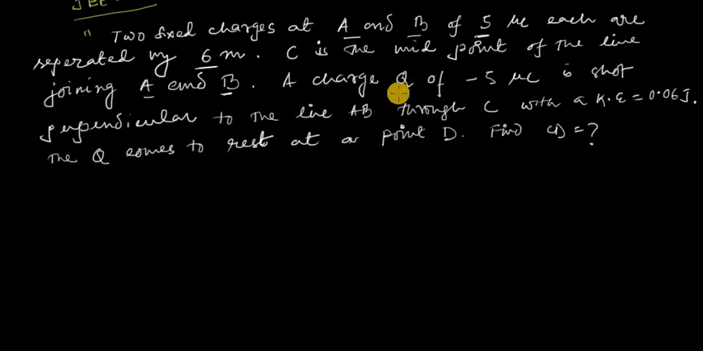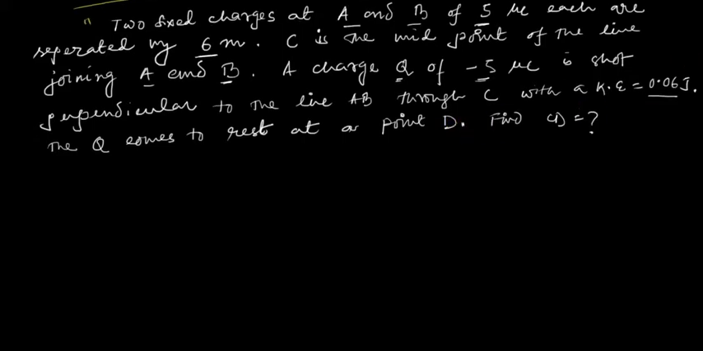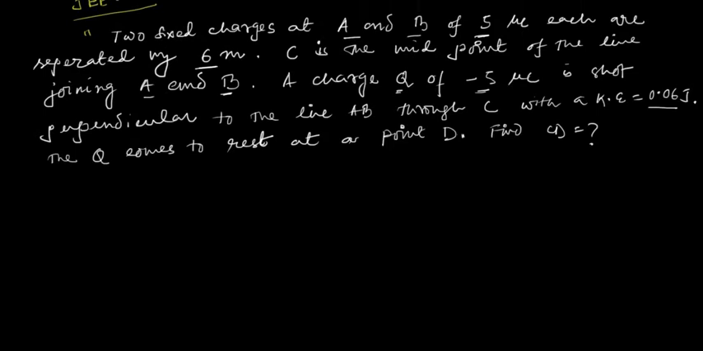Another charge capital Q, whose value is minus 5 microcoulomb, is shot perpendicular to the line AB through C with a kinetic energy of 0.06 joule. The charge Q comes to rest at a point D. Find CD. Let's try to understand this question